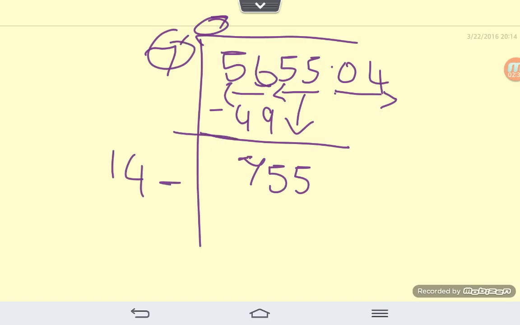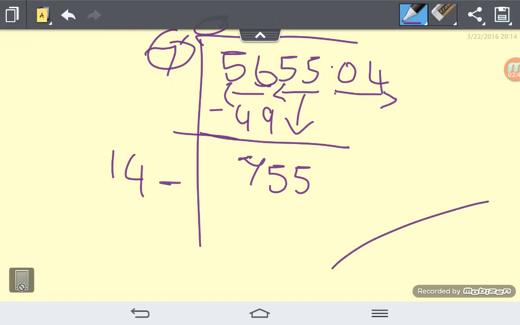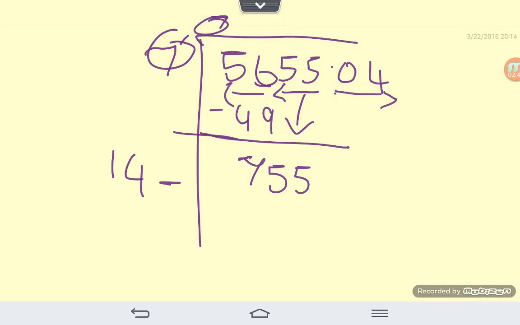I'm going to leave a space for a number which would closely or equally divide 755. In this case we should find a number which can closely go into 755, because we have 0.04 as the next decimal and it doesn't end with 55. In that case we would need to find an equal number, whereas in this case we need to find a number close to it. So the best number is